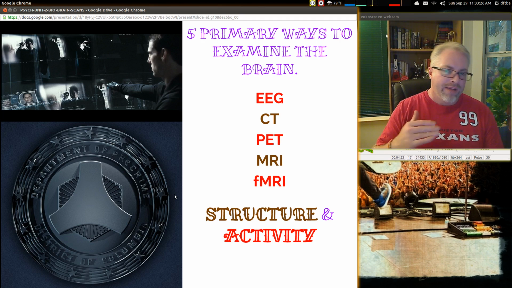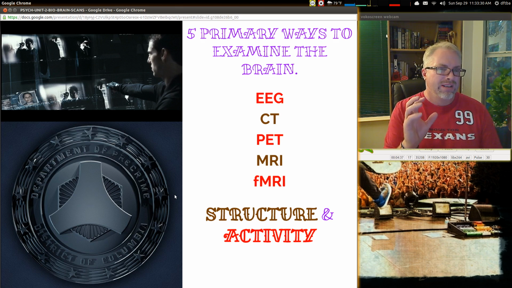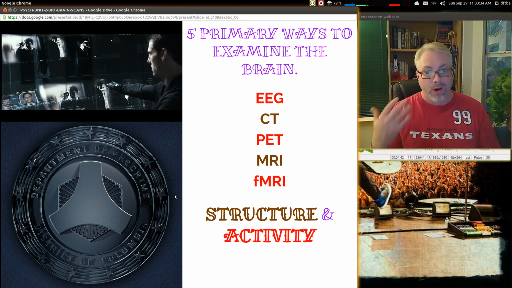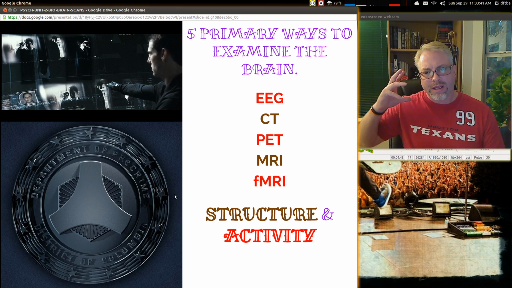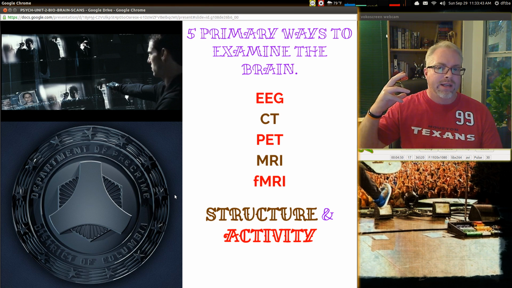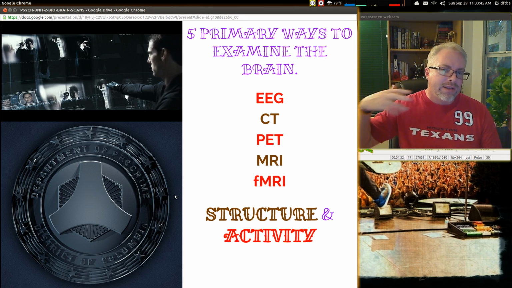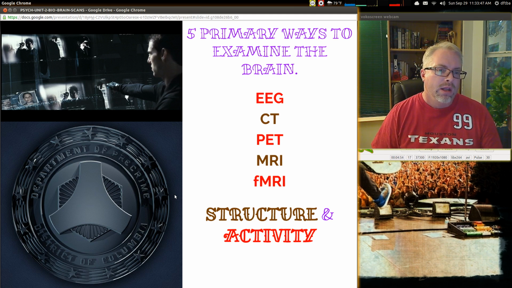So I have them labeled there for structure and activity. These aren't perfect. I mean, the fMRI can see some structural damage as well, because it's an MRI. MRIs can do that. But it really looks at blood flow and can see where someone is doing brain processing kind of on the fly. You could ask them questions, and they can be working on them, and you can be viewing their brain